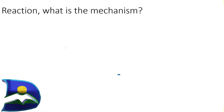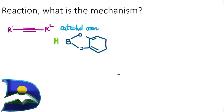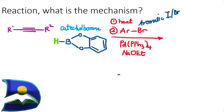So let's move in here to the mechanism, and usually for the mechanism, how you detect this reaction to be called not a Stille coupling reaction, but instead a Suzuki reaction, is that Suzuki reaction actually uses this particular alkyne, and this alkyne is actually going to be reacting in the presence of a catecholborane, and this catecholborane is actually the big signature reagent that performs the first step in the presence of heat, and then the next step is going to be involving a palladium complex with the aromatic halide or triflate,